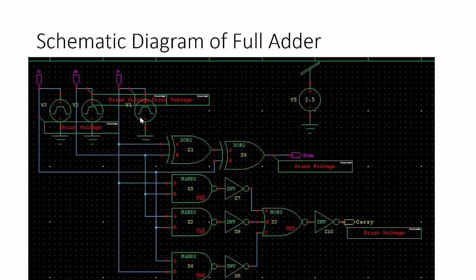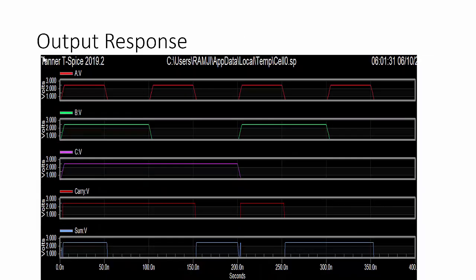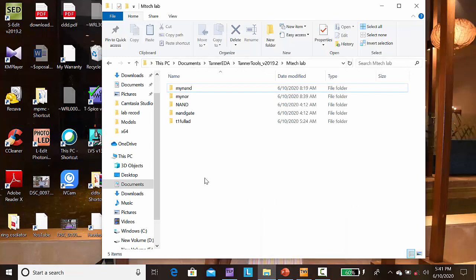Next we can see the expected output for the full adder after performing the transient analysis. The first three waveforms represent the inputs A, B and C. The last two represent the output waveforms sum as well as carry. So after performing the simulation we will get that. Next we can see how to draw the schematic diagram for the full adder and how to perform the simulation